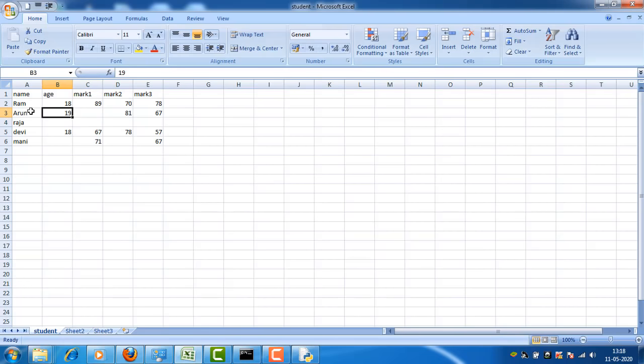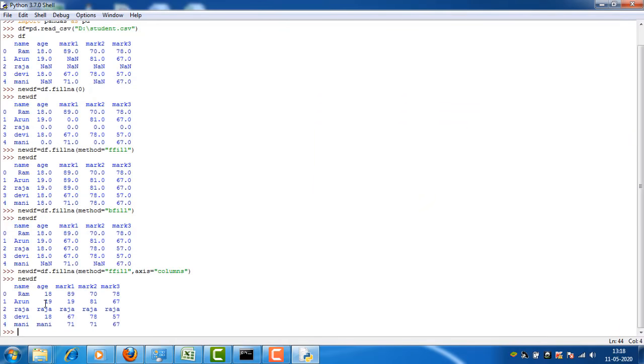Now the 19 is replaced to mark 1. So here, see, the 19 is replaced to mark 1. Like this, Raja's value is replaced to age, M1, M2, M3. So the axis attribute is used to replace the missing values row by row. As per the need, we can use any processing, either column wise or row wise.